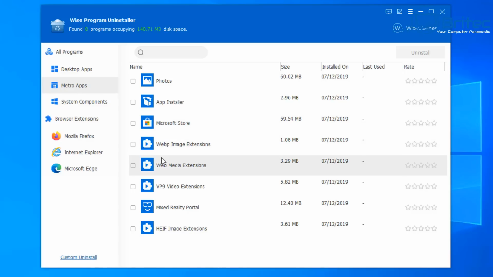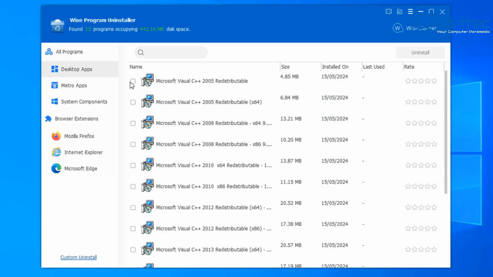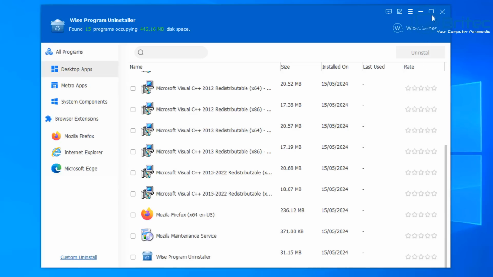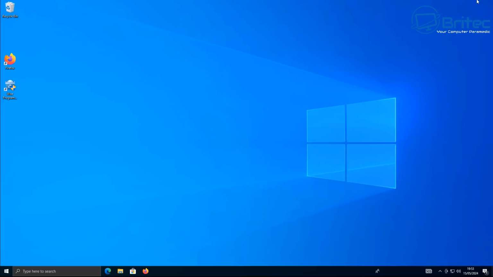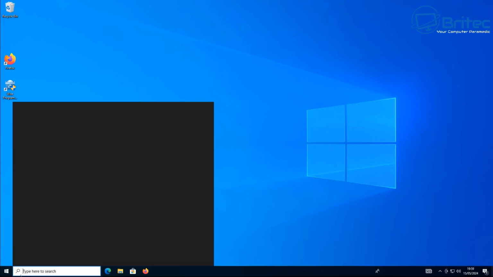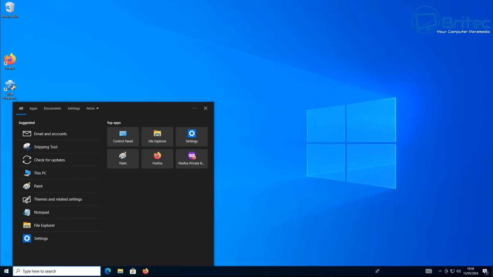Now, the Microsoft Store is another one that people like to remove. If you want to move that off the system, I'll show you how to do that as well. You can do it via this method, but I'll show you another way to do that a little bit later on. So let's close this off now. And what we're going to do is close that off and say not interested here. That's now done. And what we can do next is go here and type in control panel,